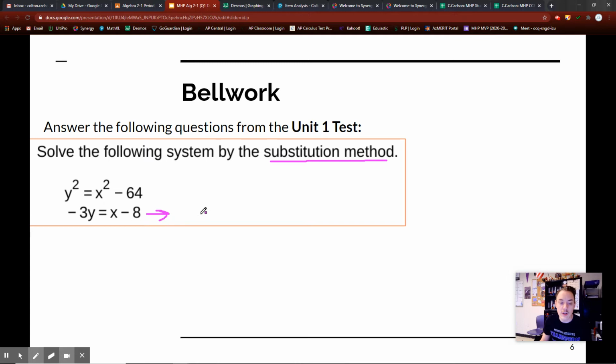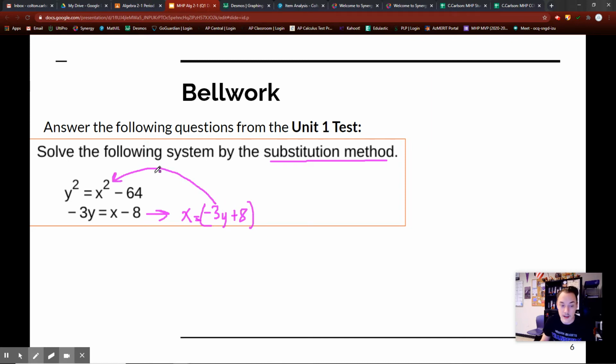So what is this new one going to look like? It's going to be x equals negative 3y, and then I'm going to add that 8 over. So I just kind of did a flip around here. All I did was add the 8 over, and then flip it. I added the 8 over, so negative 3y plus 8. The 8 goes poof on that side, and then I flipped it like a pancake. That's all I did. Now that I have that, I'm going to take this, and I'm going to plug it